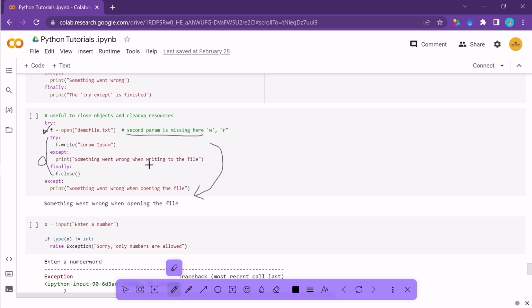But just notice that here the code is wrong and the exception occurs, then this message is shown to the user. So with the help of try and except, you can simply tell the user that there is some error happening because of the problem. Okay,